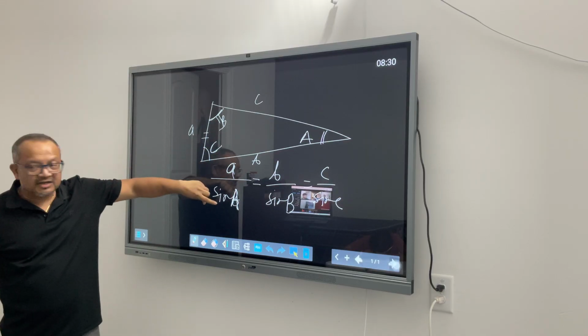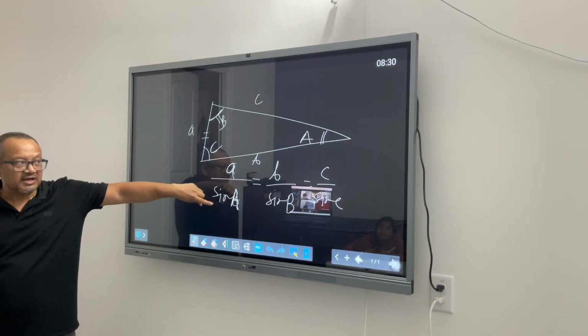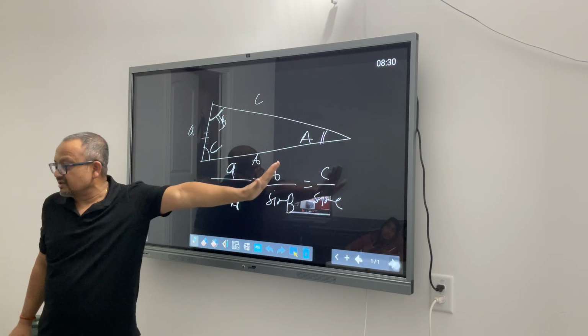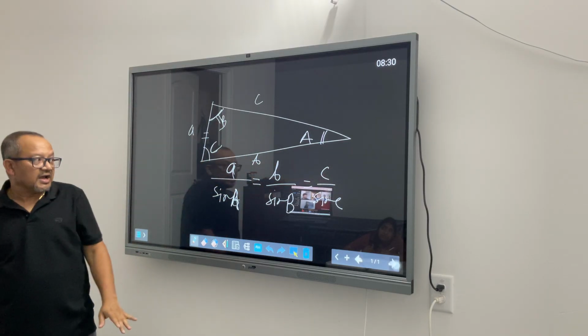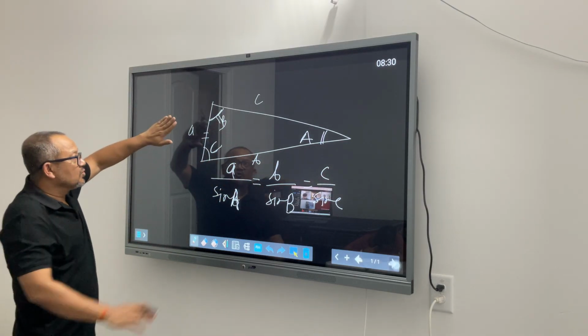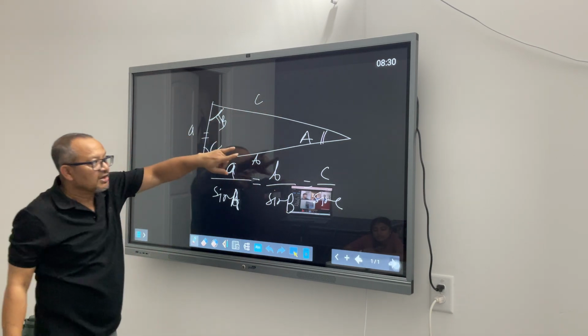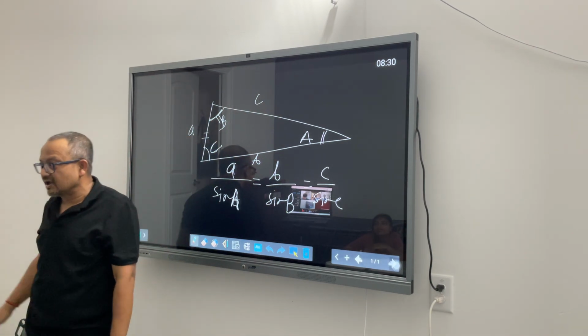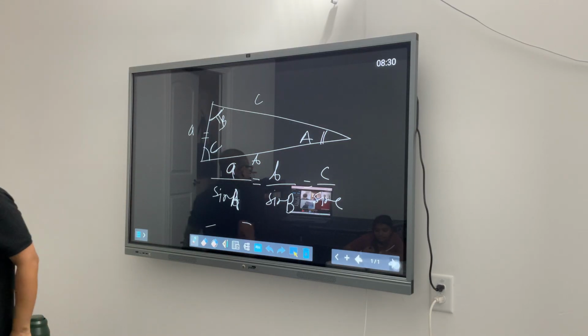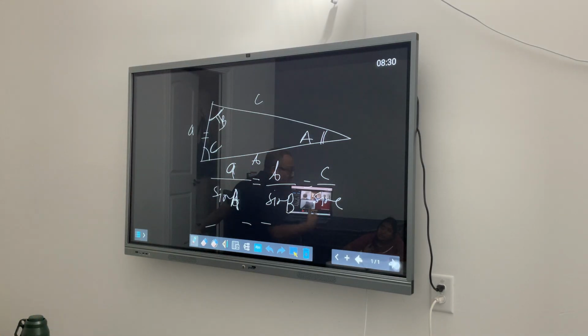The ratio of a side to the sine of the angle opposite to it is always constant. That's what the law of sine says. In other words, if you know two sides and one of the angles opposite to them, you can find the rest of the properties of the triangle. That's what Pranil was talking about. He was saying that you can use the law of sine to find the value of the basic properties of a triangle.